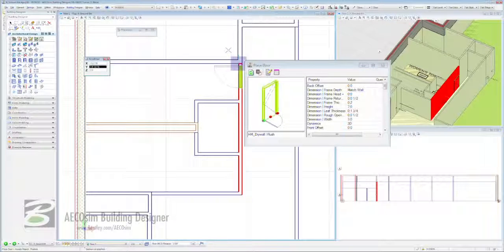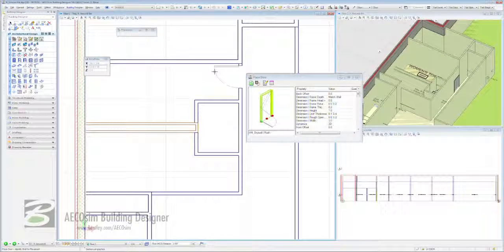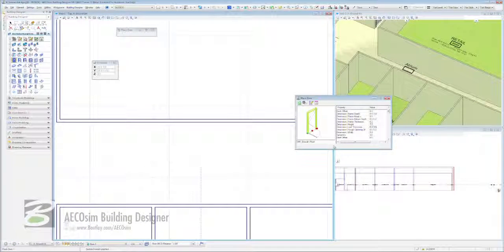Once we've got it inside the room that we want, in this case a women's bathroom, we can click once more, and now you can see we can choose which way the leaf swings out or in, preferably in, and we can click. And there we have it, offset 4 inches from the corner point that we set out, and our door is set. So now what we're going to do is we're going to be placing a far more